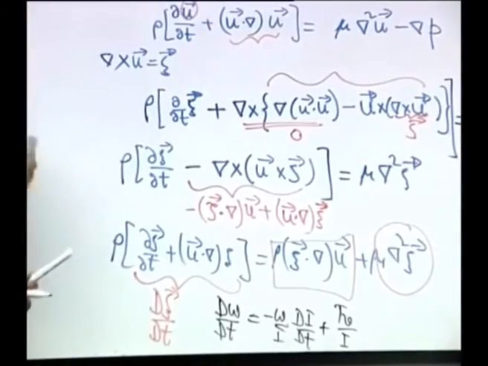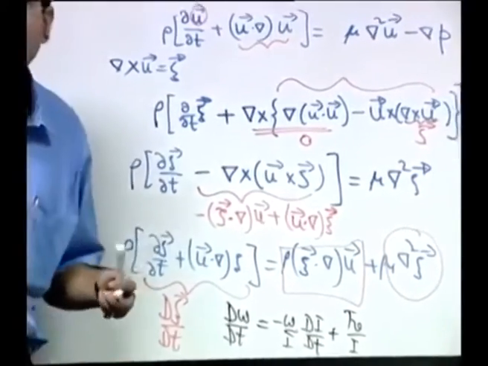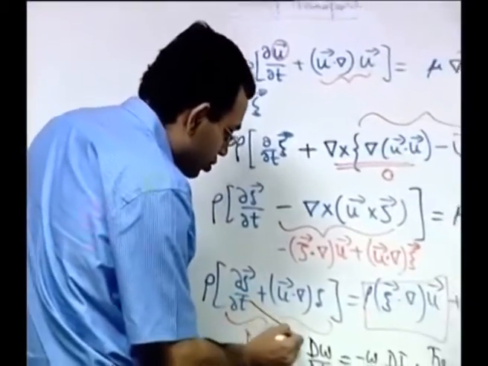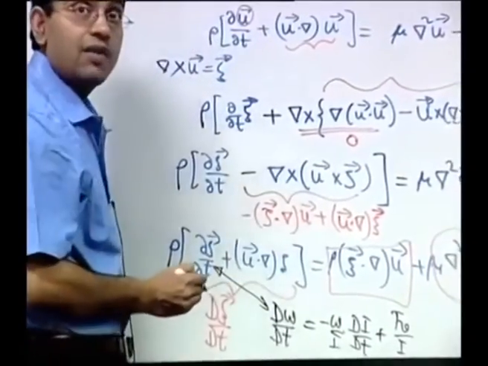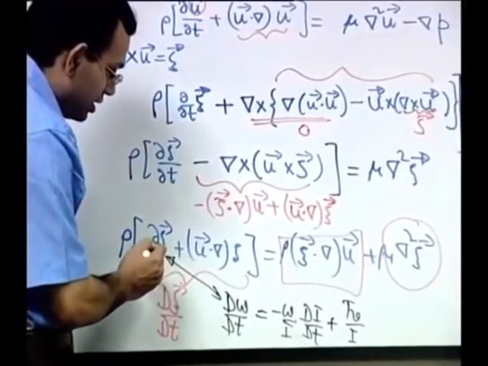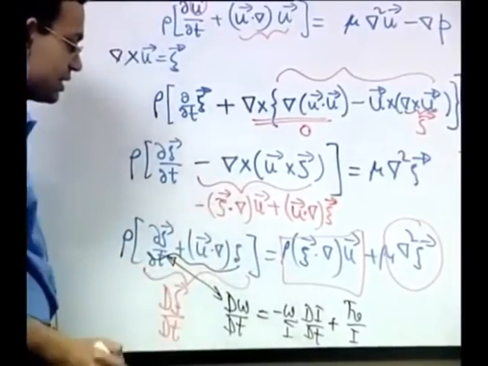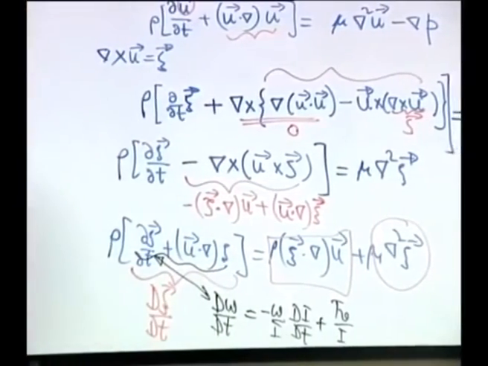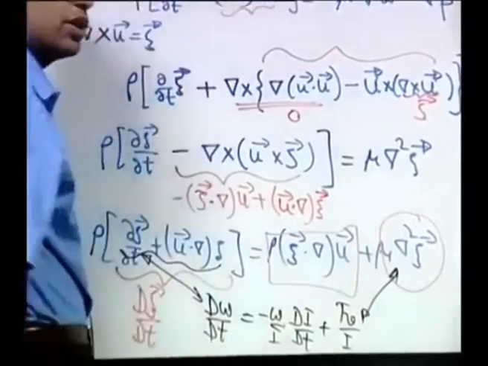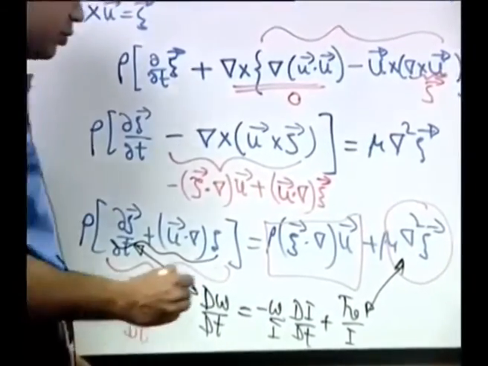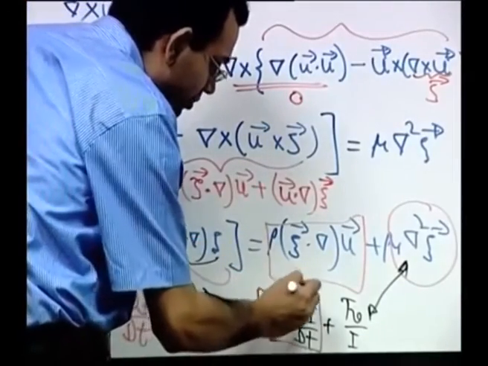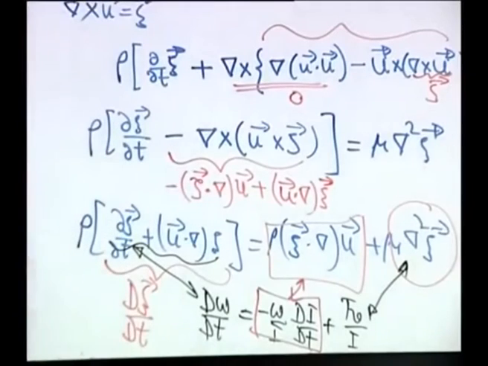So omega is like angular velocity, and we know that angular velocity has some relationship with the vorticity of the flow. So these two terms have sort of analogies, not this single term, this term together, that is capital D dt. This we know that it is a viscous term mu, because viscosity is present. Therefore we can conclude that this term and this term must have identical physical meaning.